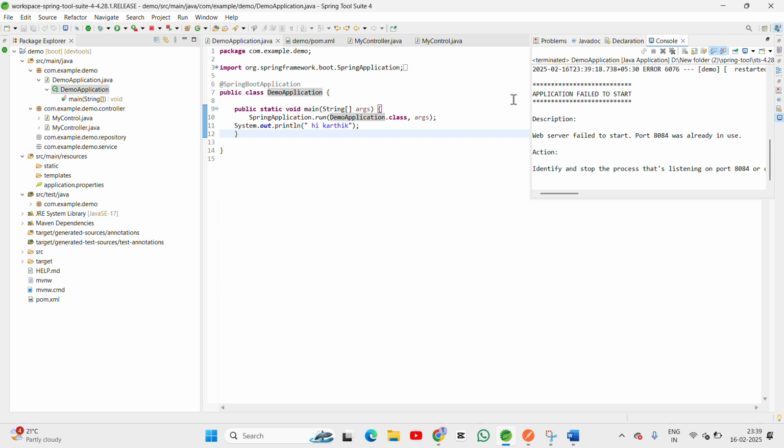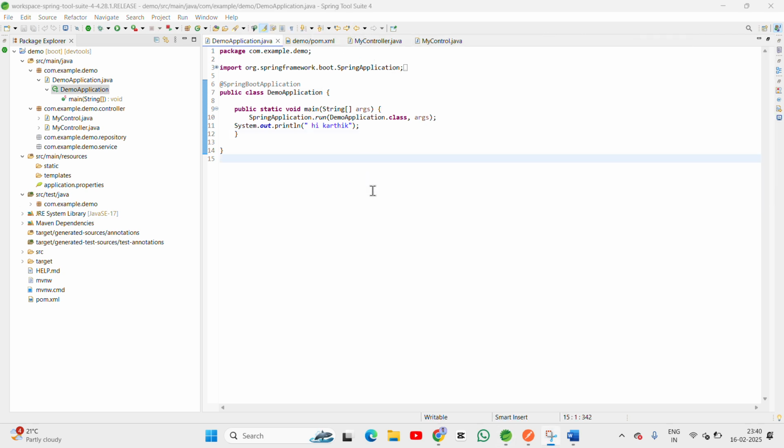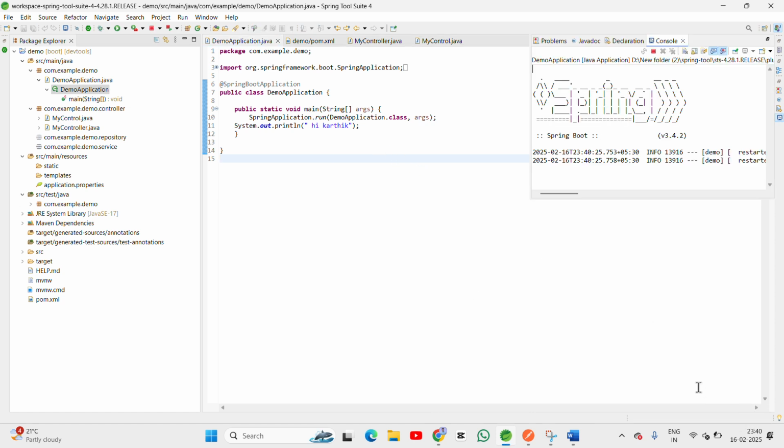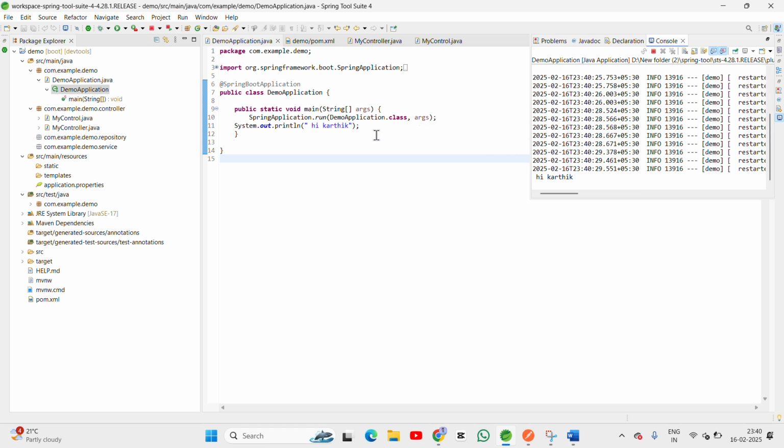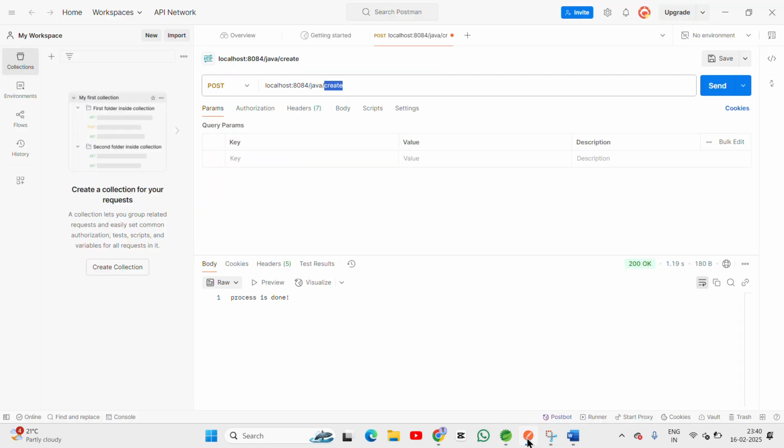Again it's failed. Already check the error. Alt Shift X J. Let's start again. X J. It's loading. Yeah, it's working. Main method is done. Now I'm calling this one, the